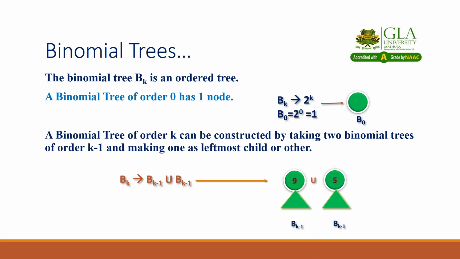So how will we construct both? There is one property that we have to follow, that is the min heap property. In min heap the minimum value becomes the root and the maximum becomes a child. Here 5 is minimum for the second binomial tree of order k minus 1, so that will become the root, and the first binomial tree of order k minus 1, having 9 at the root, will become the leftmost child of the second one. So here we find the binomial tree of order k,